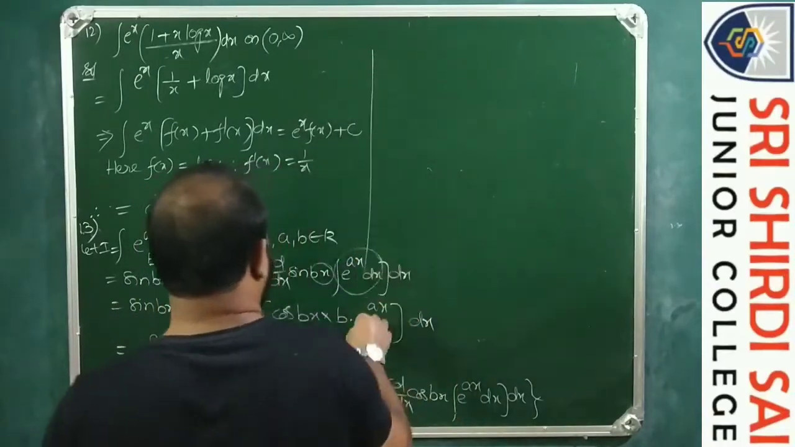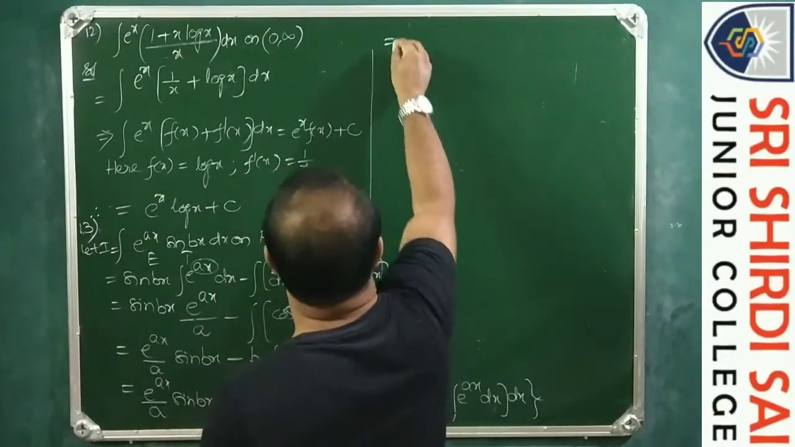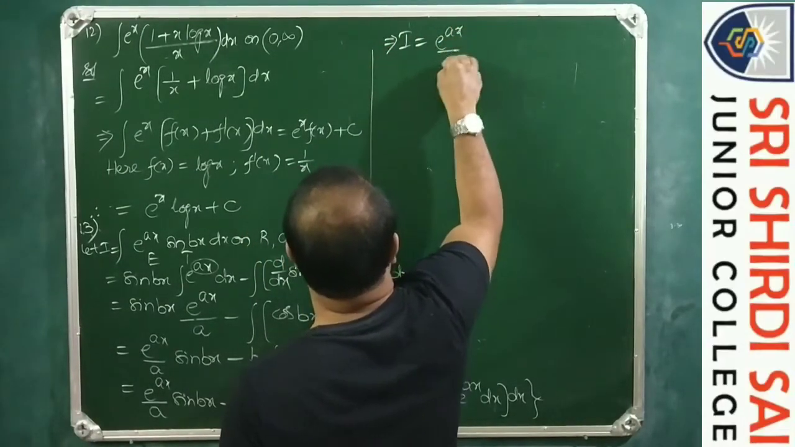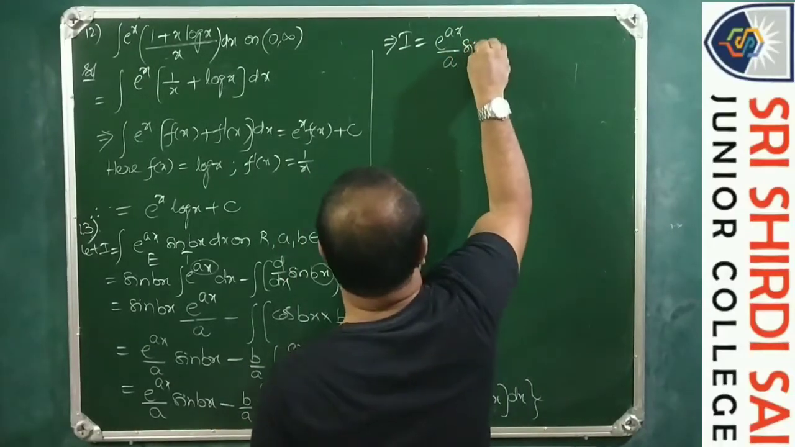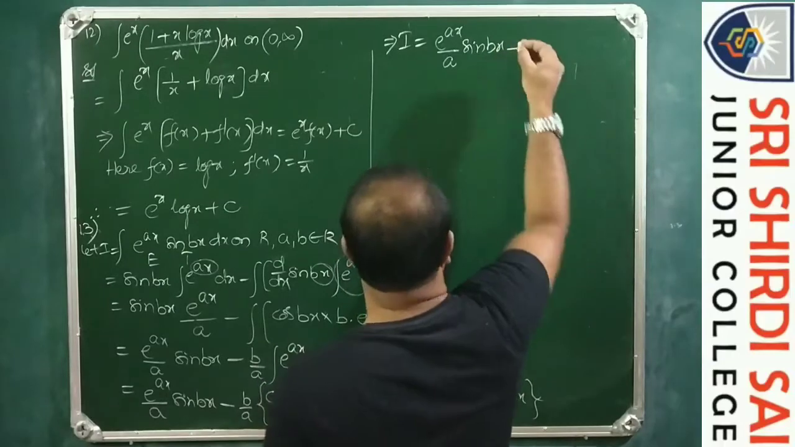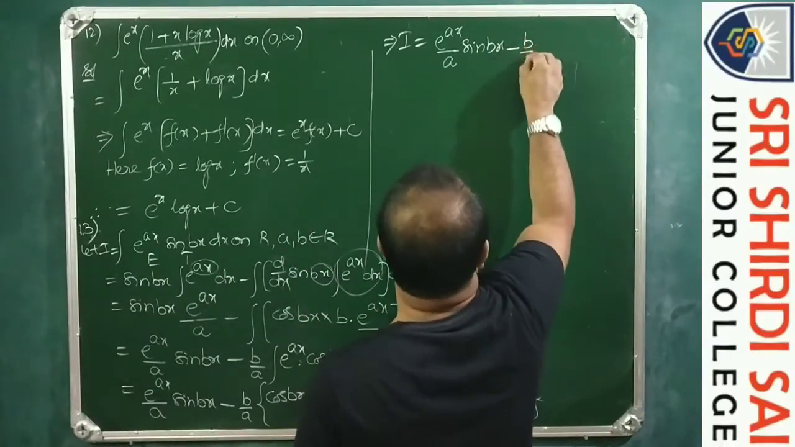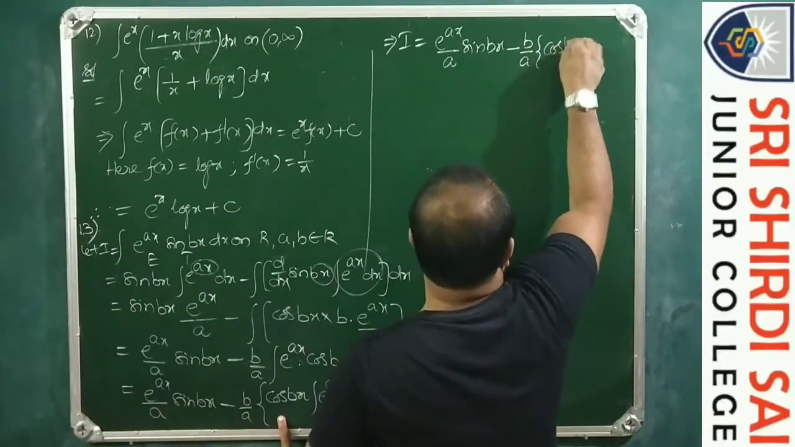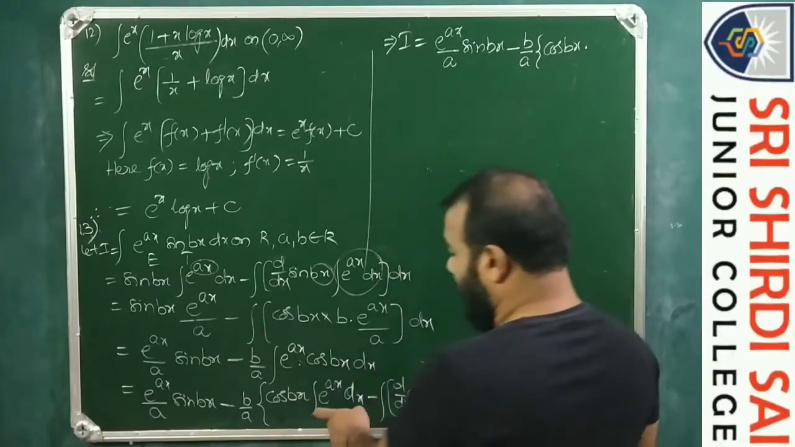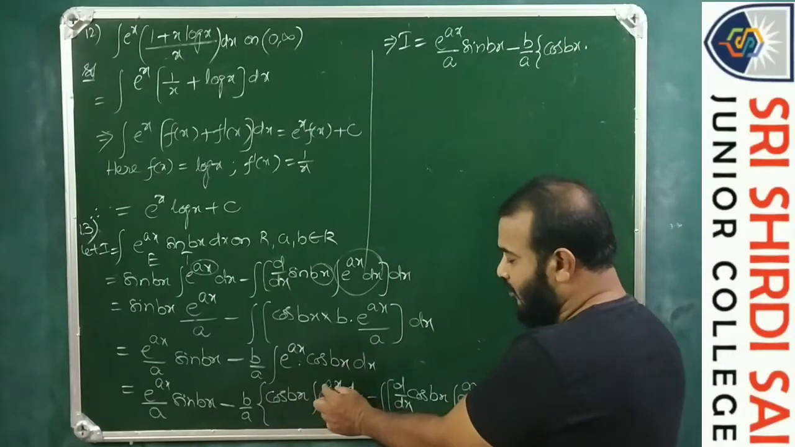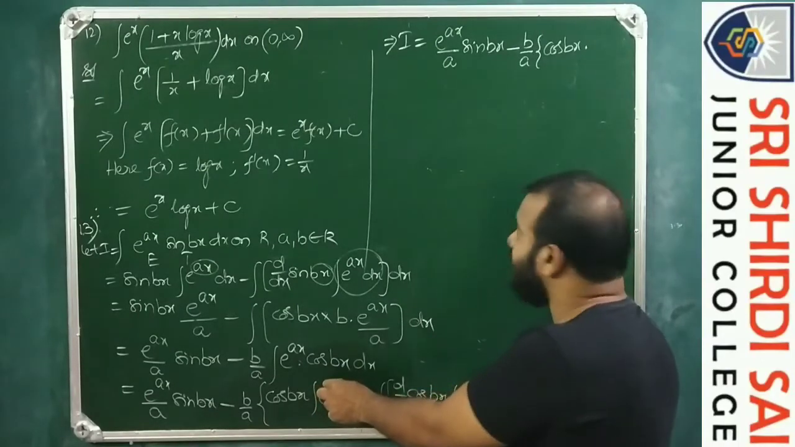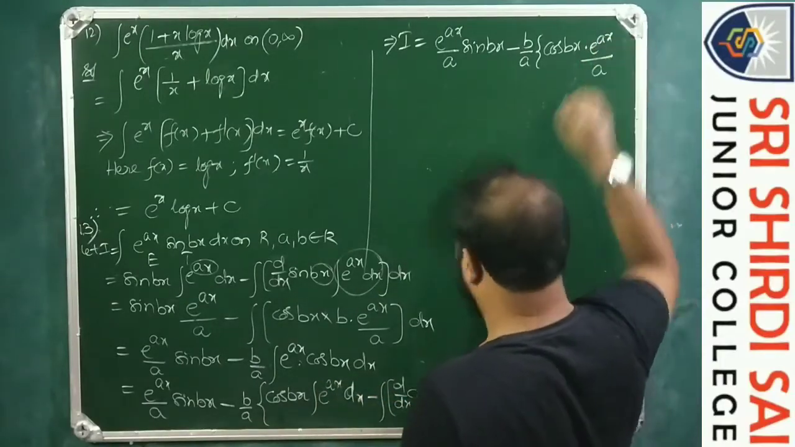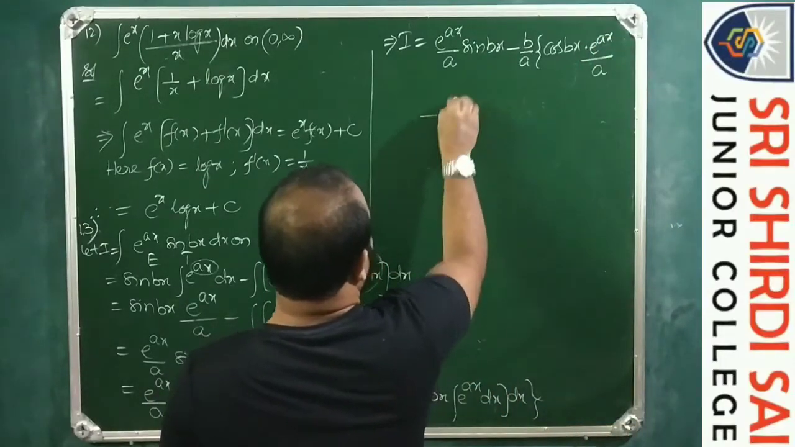So I is equals to e power ax by a into sin bx, minus b by a into cos bx into integral e power x dx. Let us suppose this as x; integral e power x dx is e power x. So e power ax by d by dx of ax, which is a, minus integral of